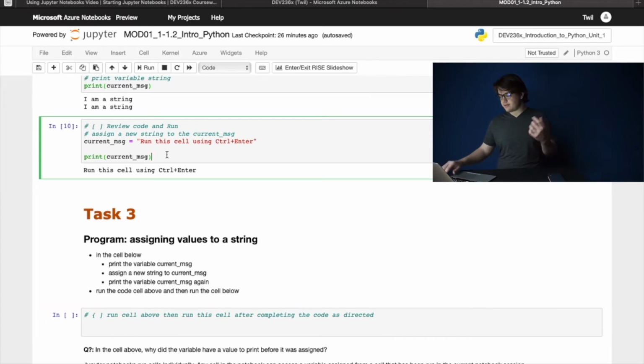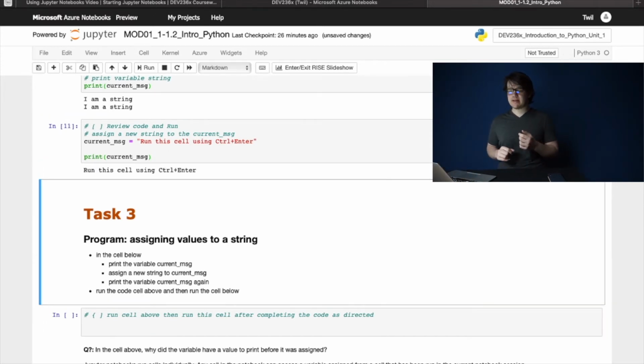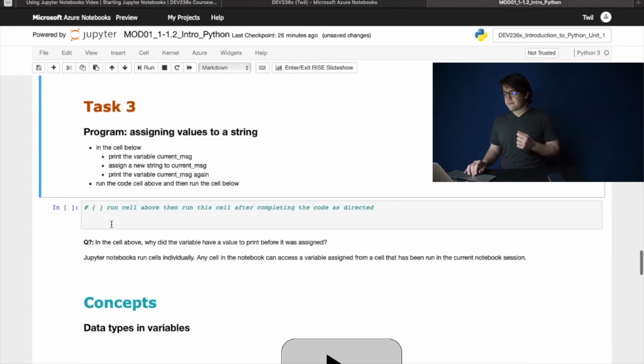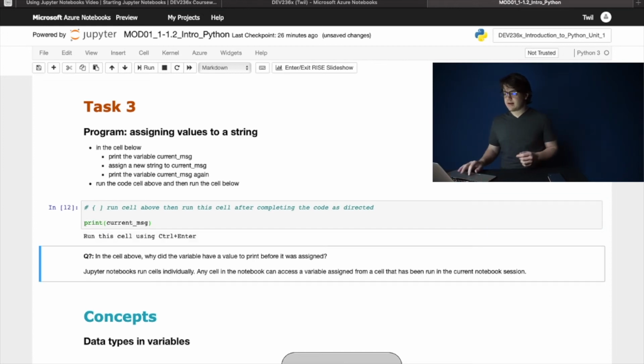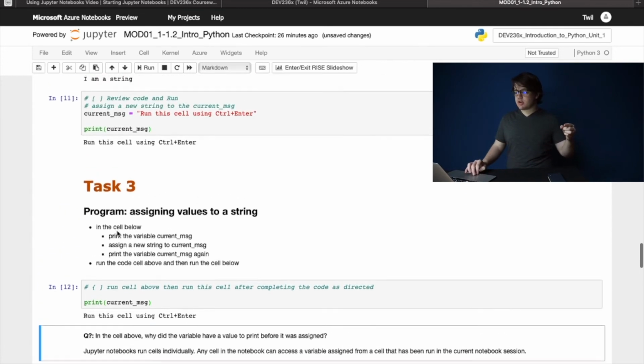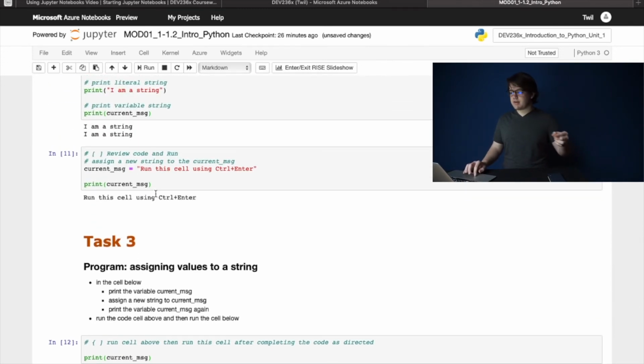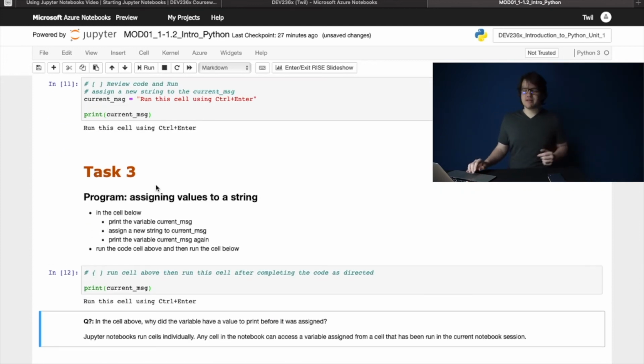So if I print here, run this cell using Control Enter, then if I put here print message, then it will print the message, or the value actually, which is in the cell above. So you can actually print what's in the cell above, and to have like a little organizer or something, I think. So we'll see.